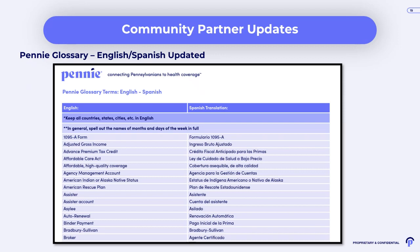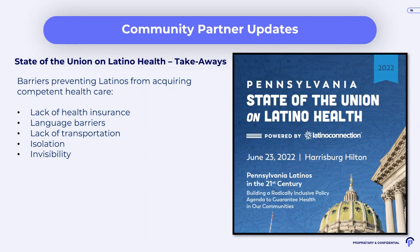There were a lot of our partners who contributed to this document and to our ability to make sure that the common terms, the vernacular that we were using on a very complicated subject, which is health insurance, was clear and concise. Also, I wanted to briefly mention that